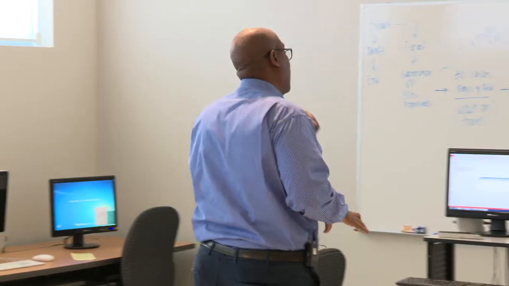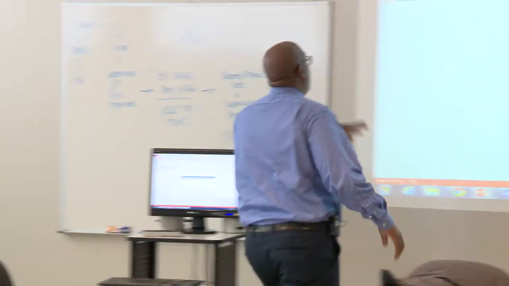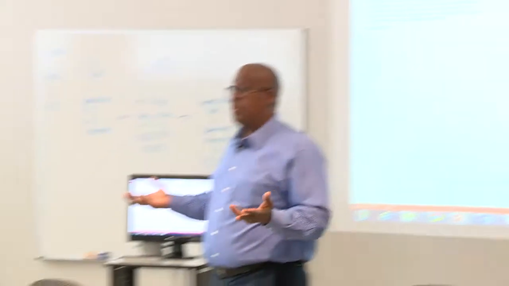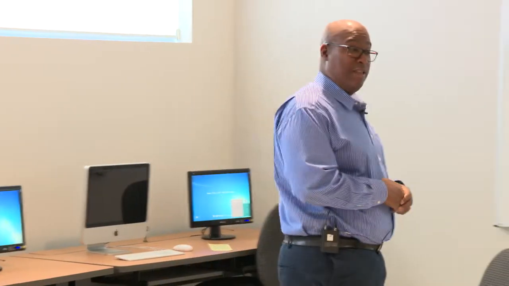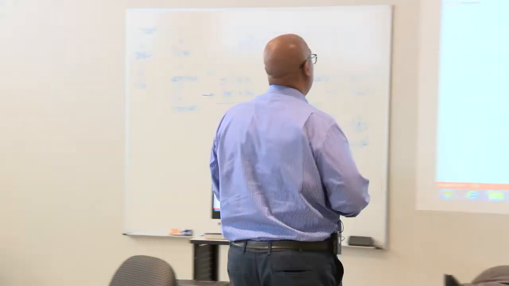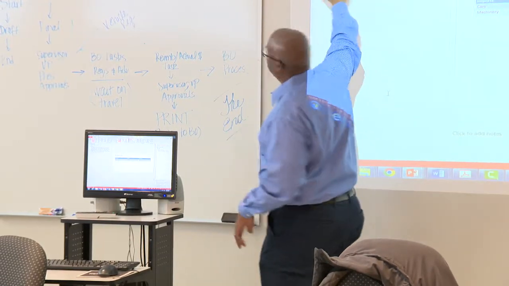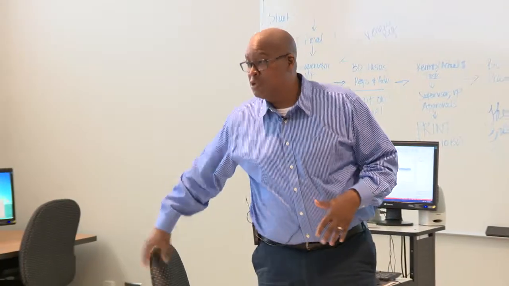So let's add our alt text for this table for economy. Now, it's never going to be viewable here in Outline View. It's just the way it works. You'll never be able to see images or tables in that Outline View, unless they change it in PowerPoint 2020 maybe. Perhaps they'll do that. But right now, as of March 16, 2017, any image or table you put in PowerPoint in those containers is not going to be viewable in your Outline View. The only way to make it so is through that alt text.